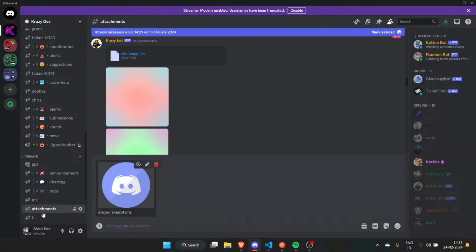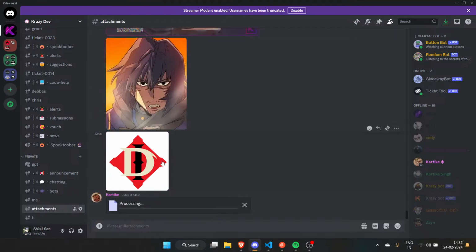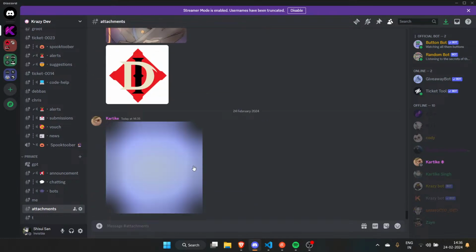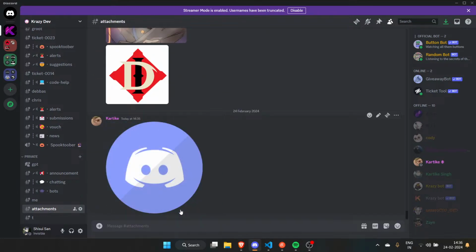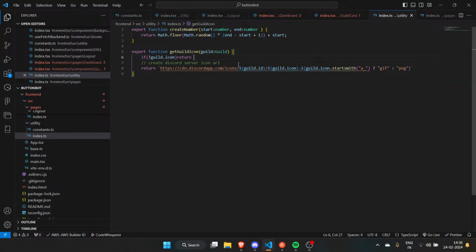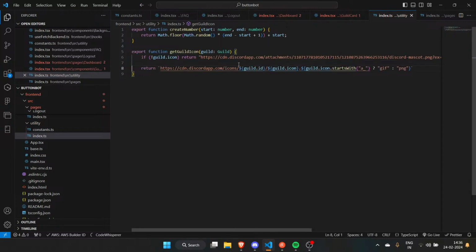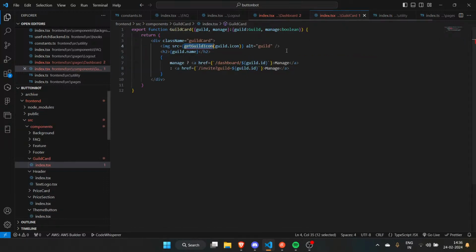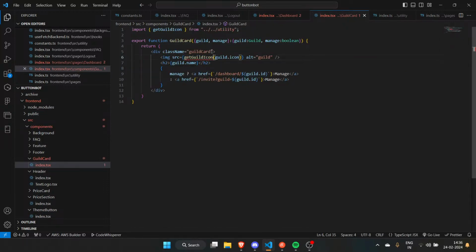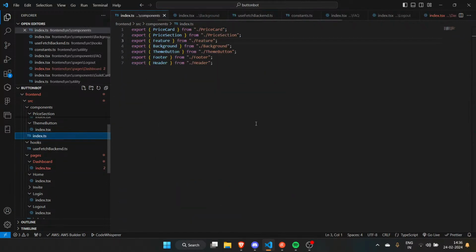I'll go here, paste that, backspace, right click that, copy the URL. Then we are just returning them the URL. That's awesome. And the guild card, we will replace that with this. Now we need to get the guild card exported.